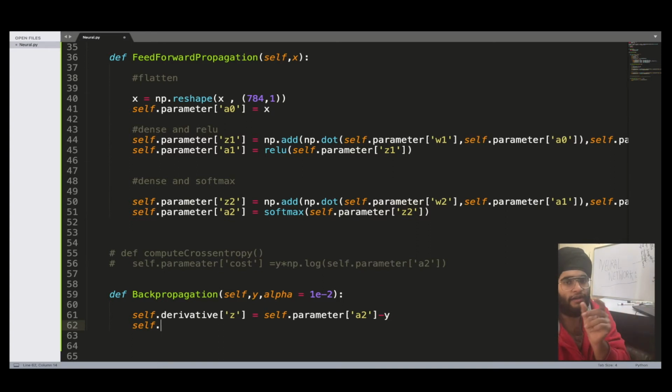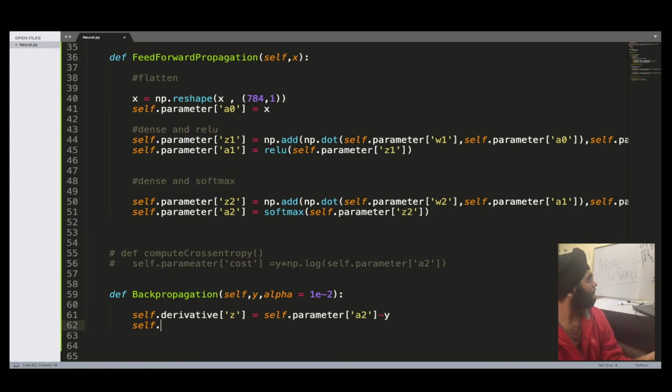Yeah, because you have w1 into a, right? So if you take the value, you're going to get something like that. Trust me, that's just how it works. So what you have to do is